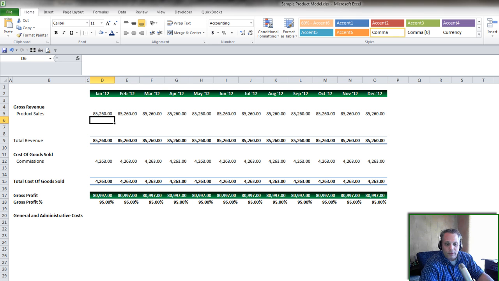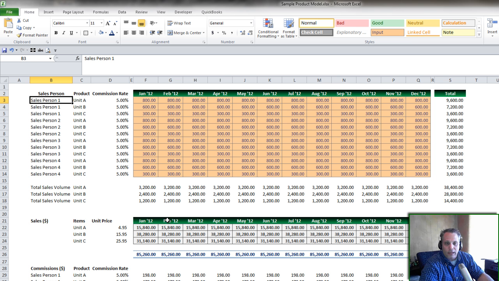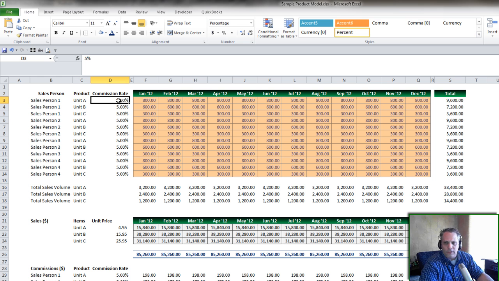In this case, I want to be able to lay the product model out in terms of salespeople. So I built it based on 4 salespeople, and we already had set up 3 products in the previous models, so I stuck to that. Then I wanted to give myself the flexibility to establish, if I want to, a separate commission rate for each product for each salesperson. So it takes more work to do it this way, but when it's done, you have a lot